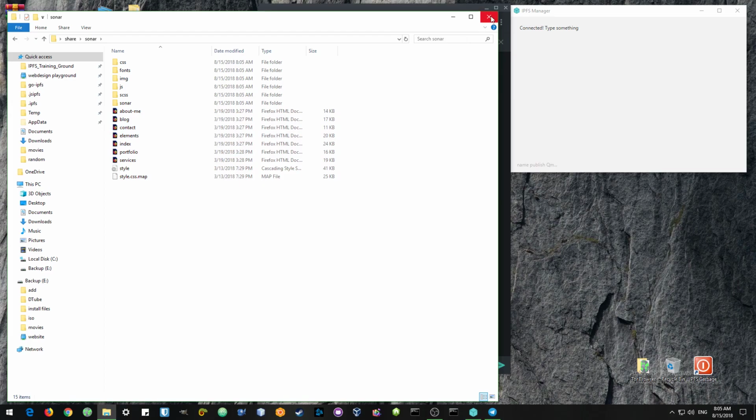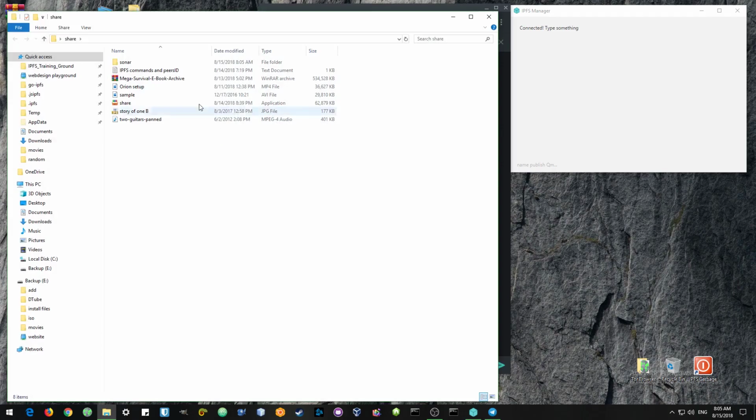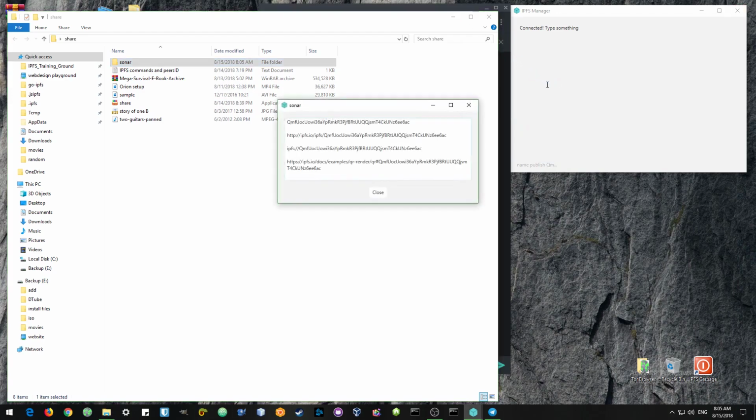So all you have to do is copy a folder with a website in it, paste it to your share folder, and I'm just going to go ahead again and take the folder, drag across to the IPFS-Manager. It's going to add it to IPFS,